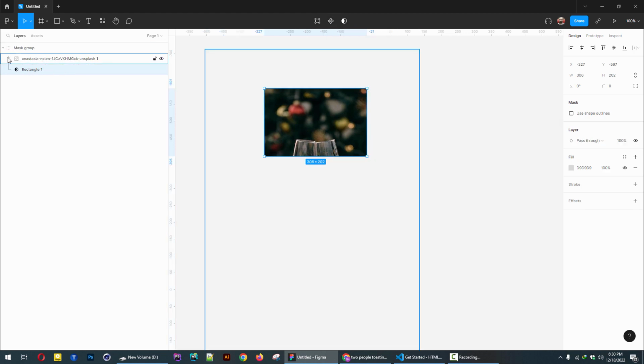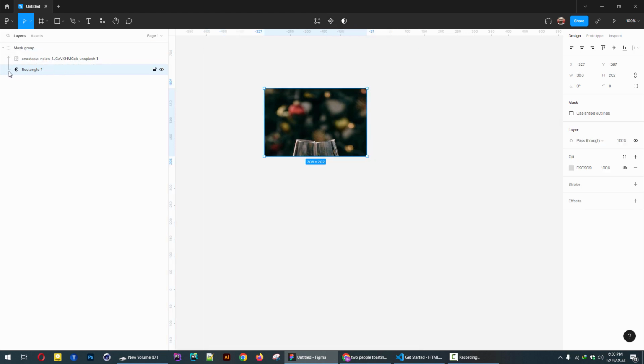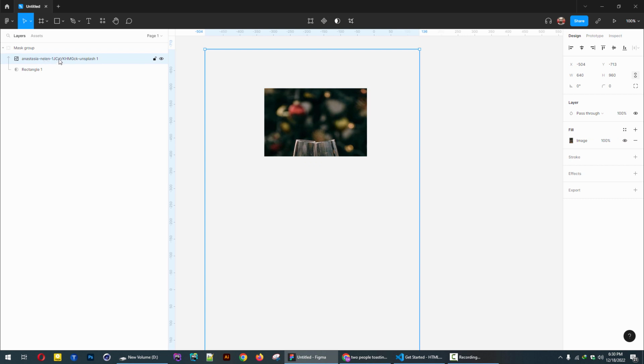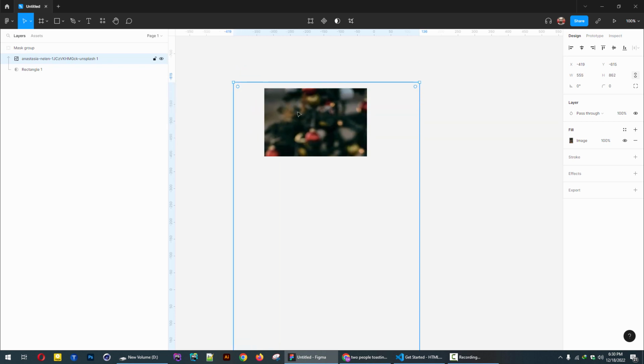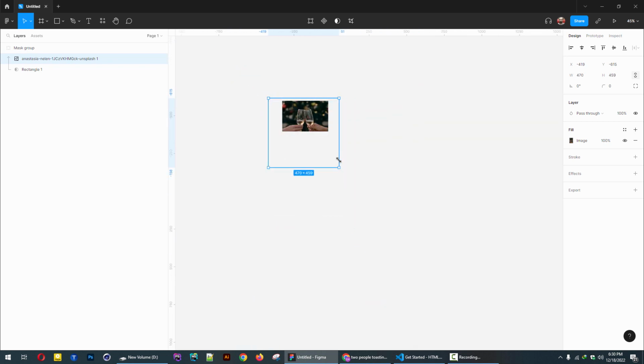So you can see an arrow has appeared and the rectangle is black and white circled. It means whatever we put in this rectangle area will be masked and will show only the size of the rectangle. So if I resize it according to our need,